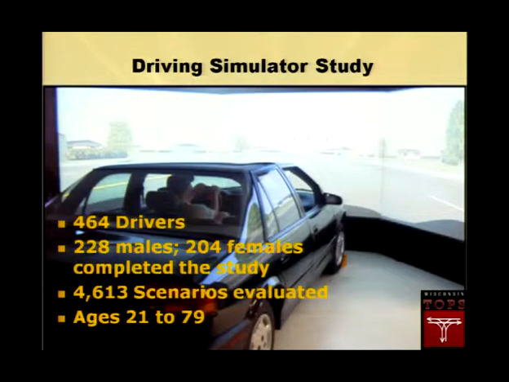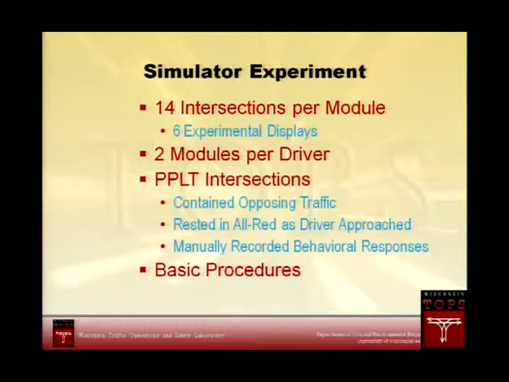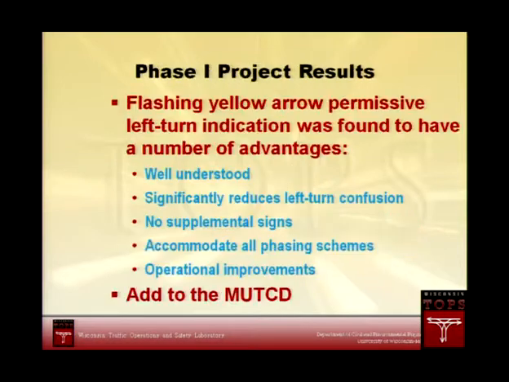Notice, even though we focus on younger drivers, when you get into minors in this type of experimentation, there's a whole other level of detail that comes into play in getting approval. So we chose to stick to the so-called adults range here, but some of the younger driver elements still highlighted themselves as the data began to come in. And many different scenarios. Again, a kind of traditional approach: 14 intersections, a number of modules, trying to add randomness and variability to what people saw. And we came up with this giant, right, Chris, this giant database of information that we had to process.